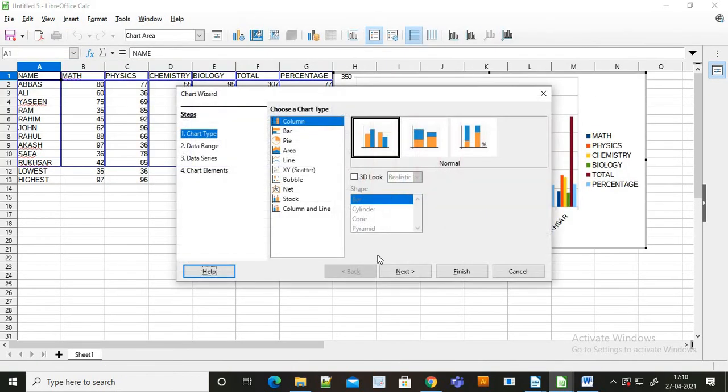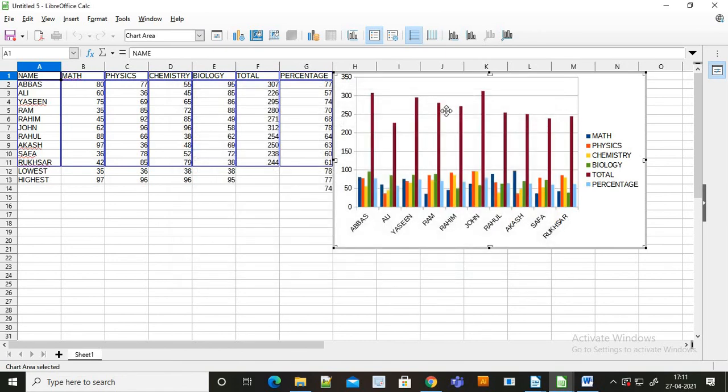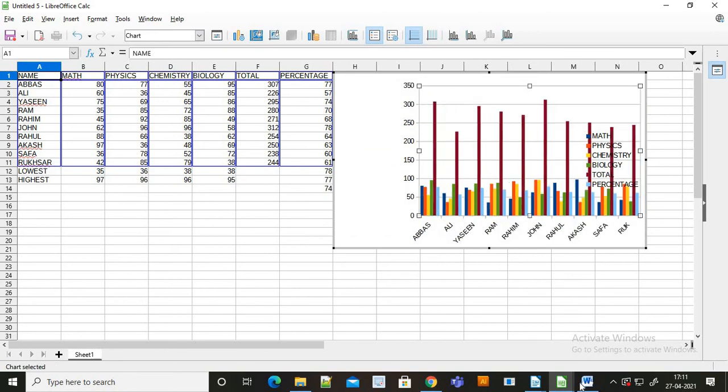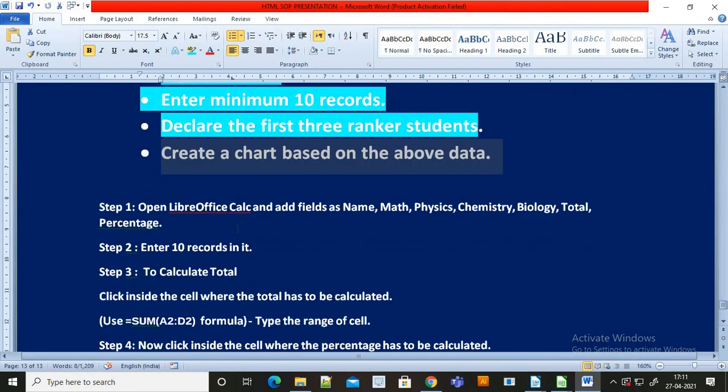So here the basic chart will be created. So in this way we have completed our experiment. Now we'll see our solution, whether we have met all the criteria.